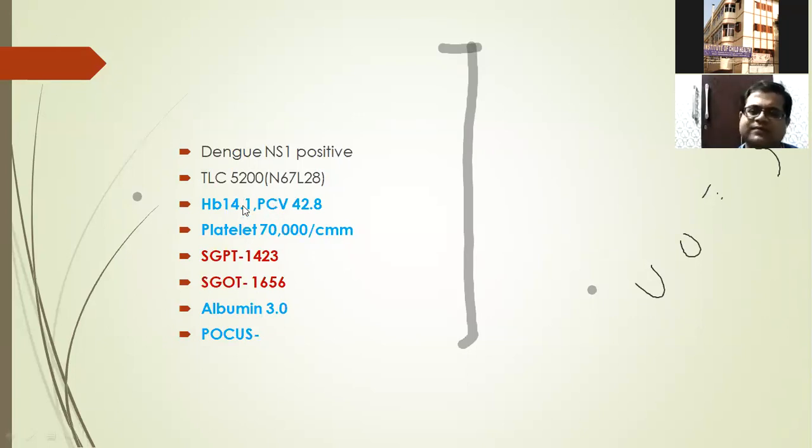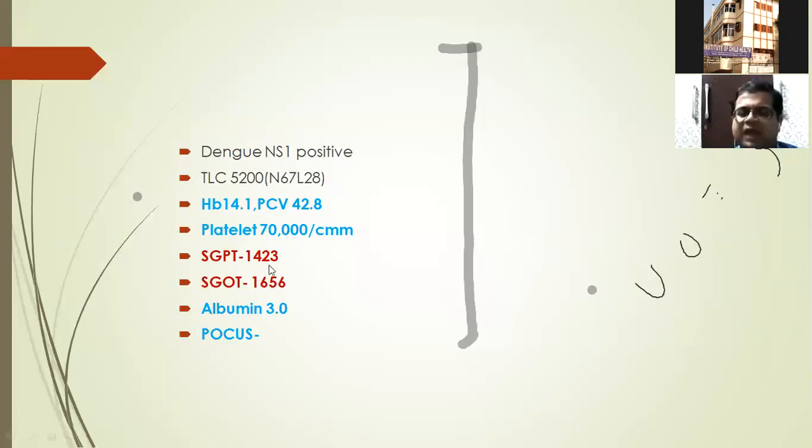In previous three cases, the hemoglobin and PCV were less than 40. So when you do not know the baseline PCV and hemoglobin, it's better to take it as hemoconcentration when you are getting PCV more than 39. In our continent, if it is more than 40, then possibly hemoconcentration, if the age is less than 10 years. Platelet is 70,000, means it is fulfilling the thrombocytopenia criteria.